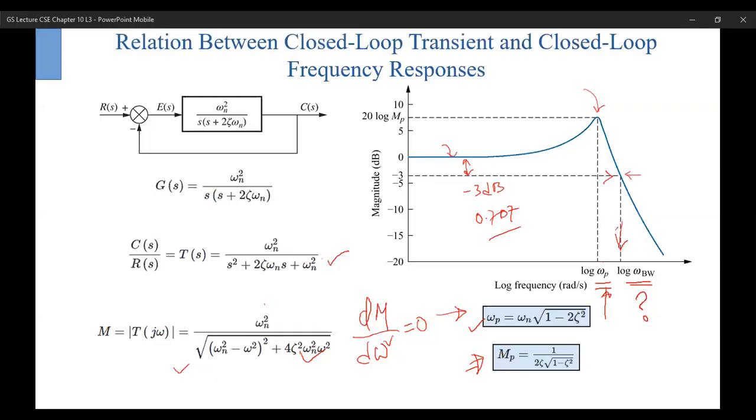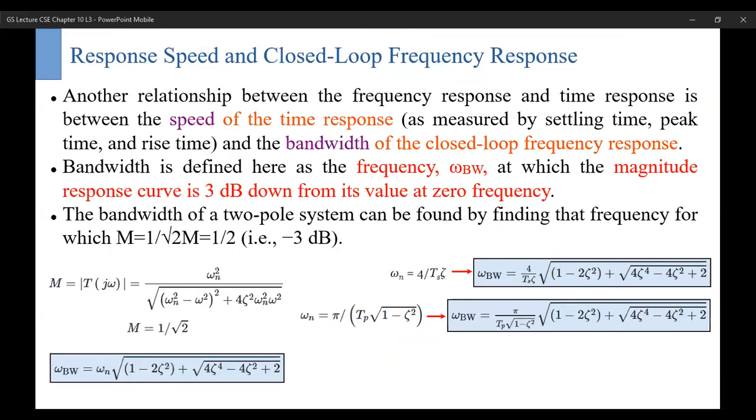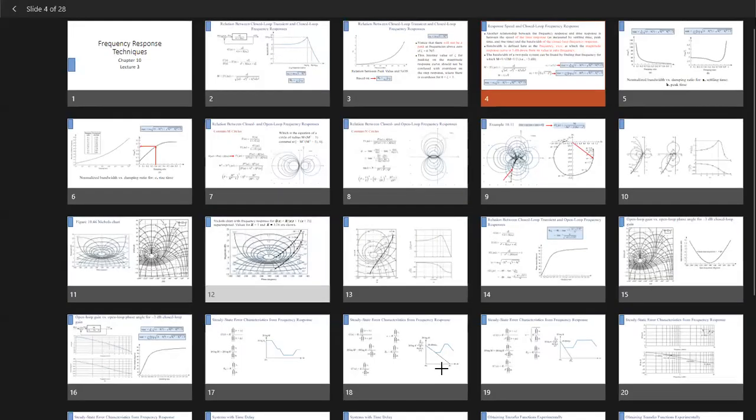We are going to see that this bandwidth is related to our time domain parameters like settling time, peak time, and rise time. So let us try to see that. If you put magnitude equal to 1 by root 2, or if you place minus 3 dB into that equation,